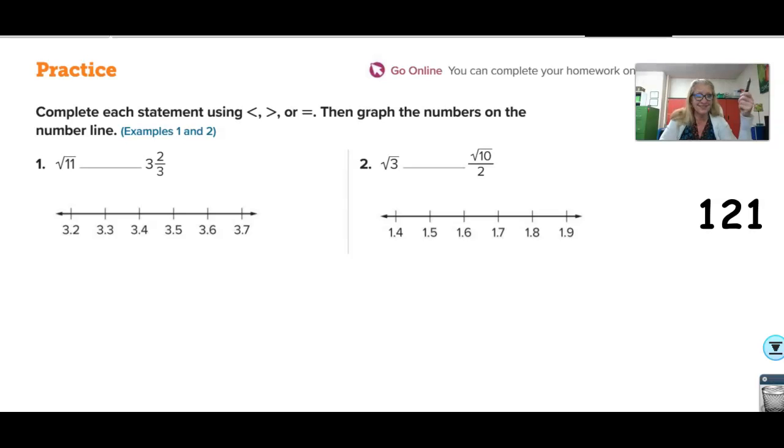And I'm back. Today I'm going to be doing the practice problems that go along with section 2.5, comparing and ordering real numbers. All right, this is on page 121 of your workbook, and you will need a calculator for these problems. Square root of 11, we need to turn these both into decimals,